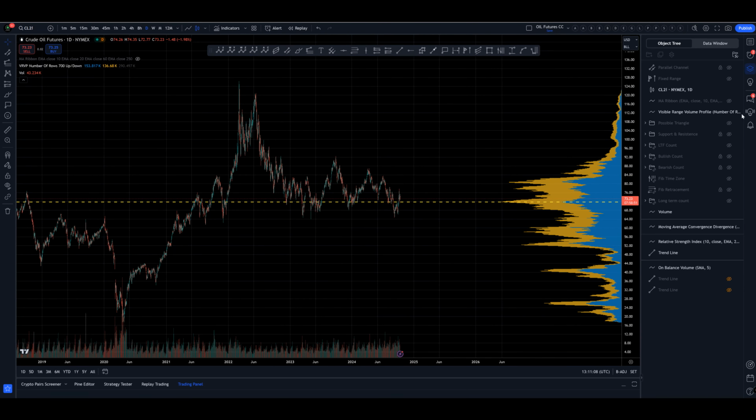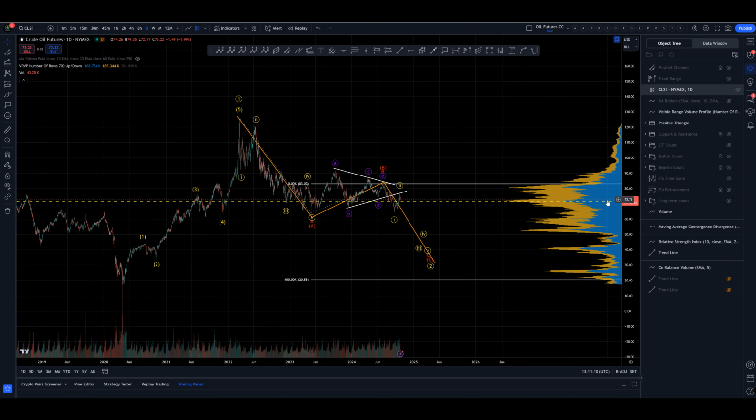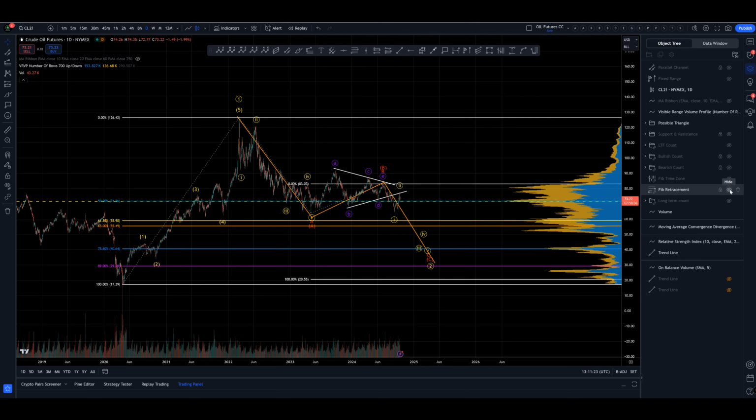Then we've got a bit of a wild card idea, which is another bearish idea, which is we've been in a triangle the whole time. Right, we've had a 1 up, A down, and B has been a contracting triangle. This gives us the potential to come down a lot deeper. A lot deeper. Okay, maybe even make a double bottom with the COVID lows. We could stop at the 61.8 and still have a very short C. Doesn't appear to be enough room to do that, in my opinion.